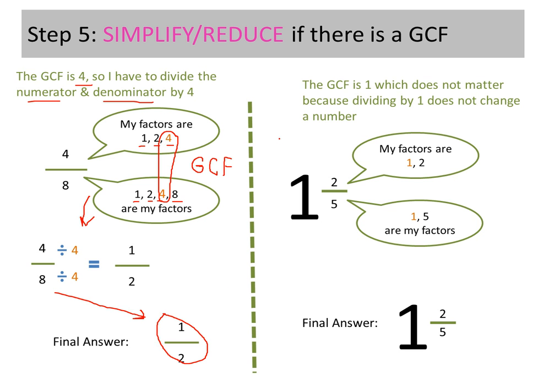Let's take a look over at the other problem. Just because it's a mixed number doesn't mean it can escape checking for simplifying or reducing. I see the GCF is 1, which that's not going to do us any good. My factors over here, let's just double check, are a 1 and 2, a 1 and a 5. And yep, they match with the 1, but that's so boring when you divide by 1. 2 divided by 1 is still 2. 5 divided by 1 is still 5. So my answer turns out was already complete with the mixed number